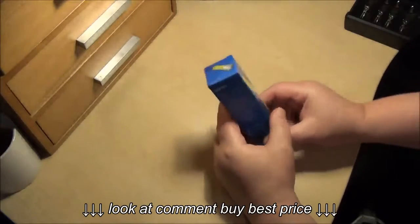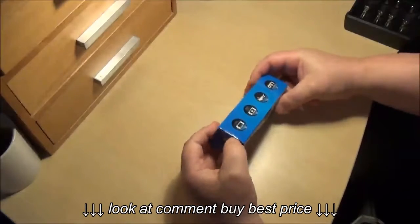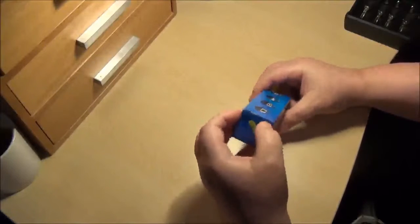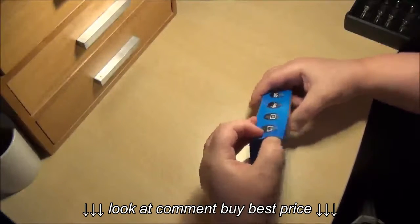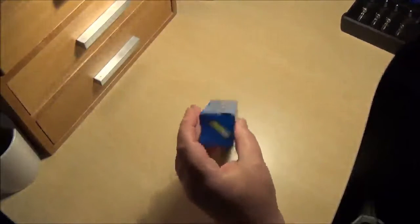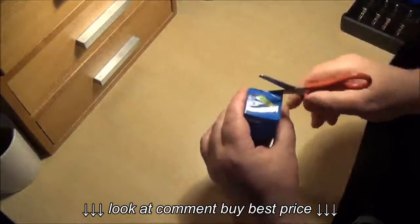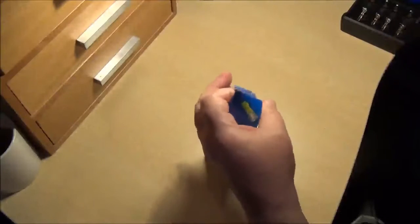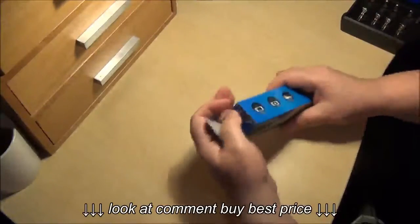This is a very reasonably priced torch anyway, I have to say. But what makes this one special is that it's an underwater torch. There's a seal there I have to break. Use some scissors on it. There we are. Now maybe you are a scuba diver, maybe you are a snorkeler and you want a torch underwater,